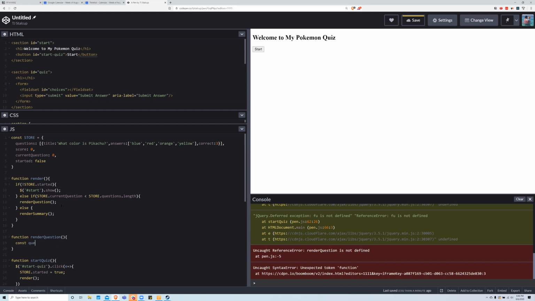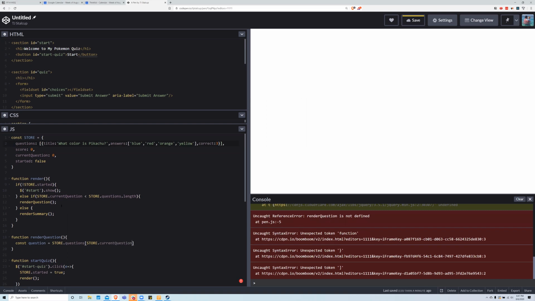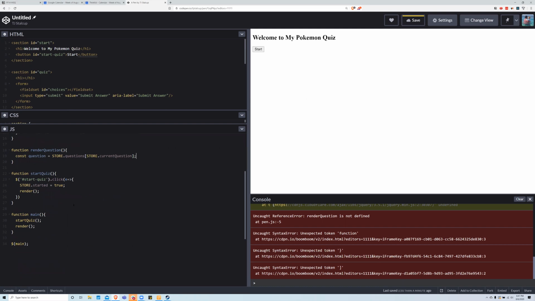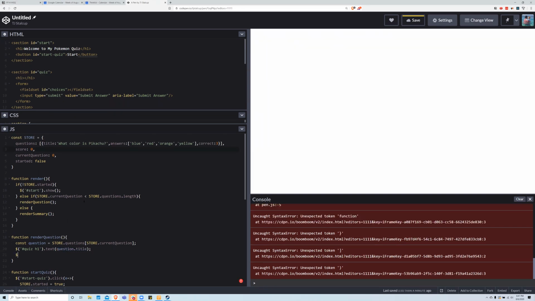So const question equals store.question square bracket store.current question, like so. I have to think here for a second. Okay. Now that is going to go into quiz h1, set its text to question dot title,